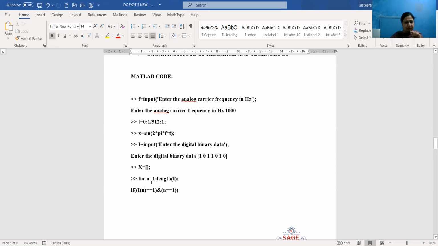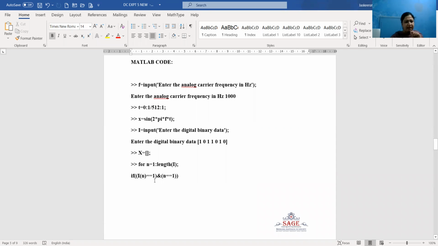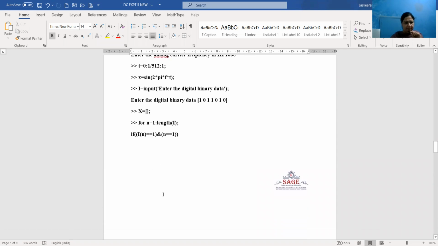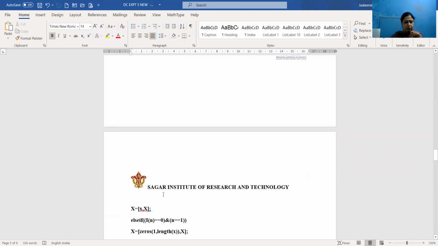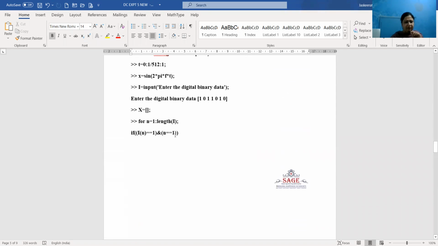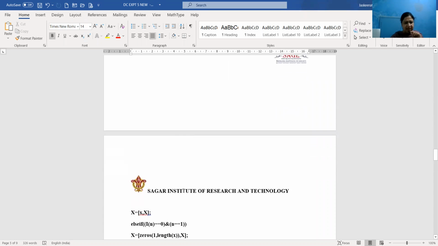That means small n will take values from 1 till 7, so all the 7 samples will be considered for small n. Now, if in is equal to 1 and n is equal to 1, that means the first sample is being taken and the value of that sample is 1. In that case, what will happen? For the first sample, we will have the carrier wave as the modulated signal,